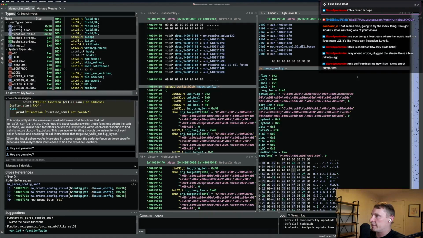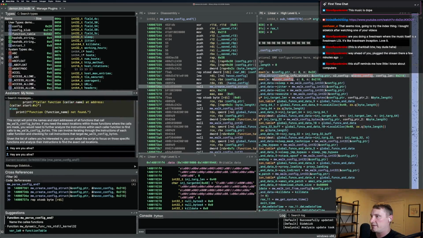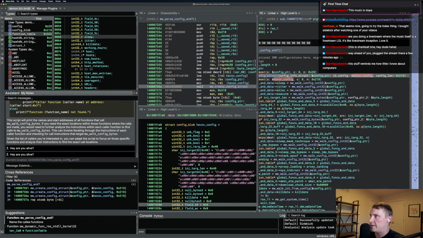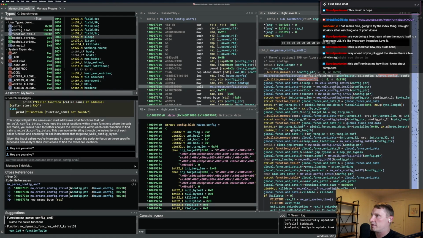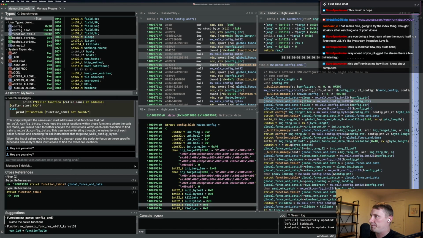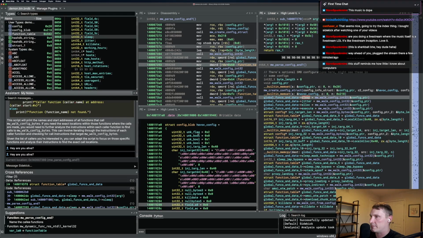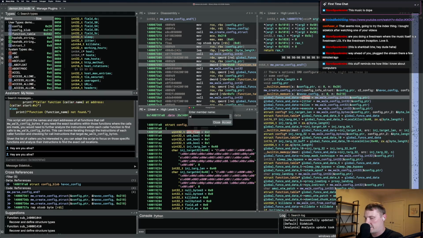So if we look at the config structure down here, this is the representation of how it would reside on disk, if that makes sense. I basically wanted to mark these up. The first walk we have is a sleep. This uint32 is actually a sleep, so this is going to be how many seconds, I believe, pass between contact of the command and control